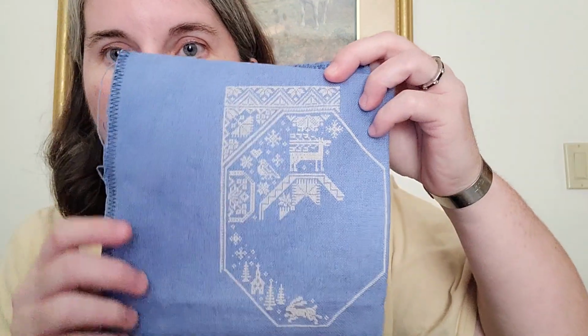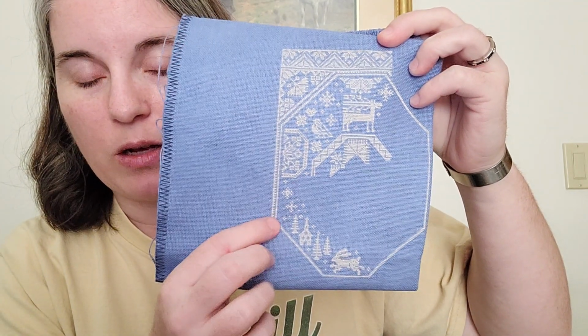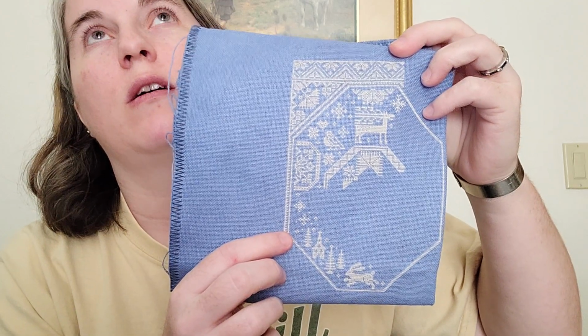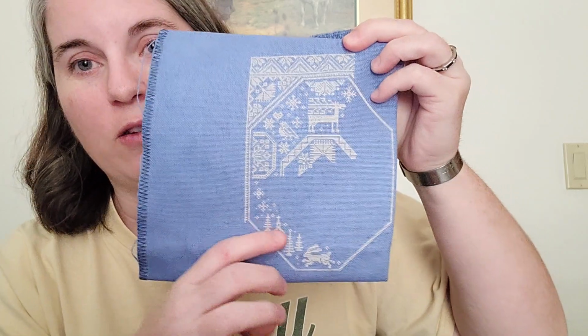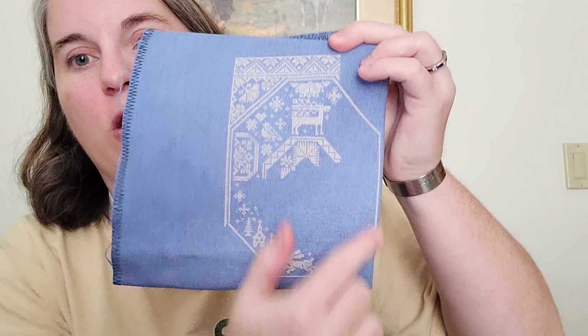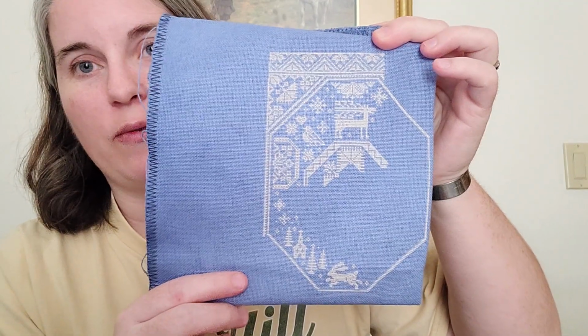This is 28 count Monaco that I dyed myself, and I'm using acronym floss. The word escaped me for a minute. So I still have a whole lot of one-over-one to do to finish up. But I've got 5 weeks to do it. So